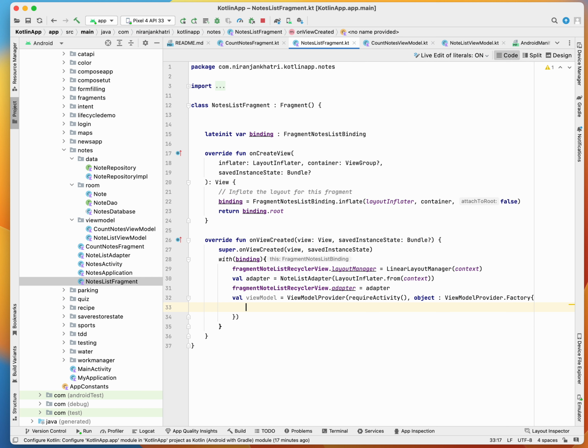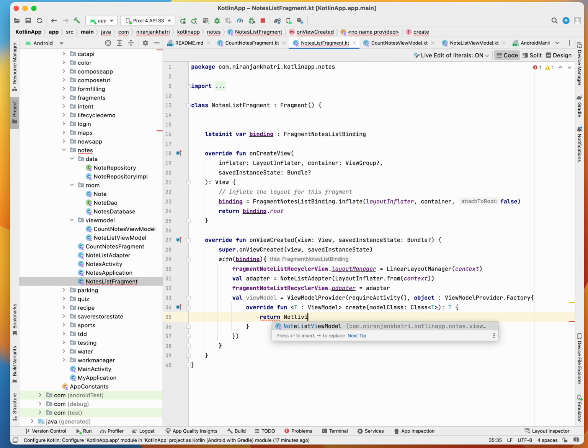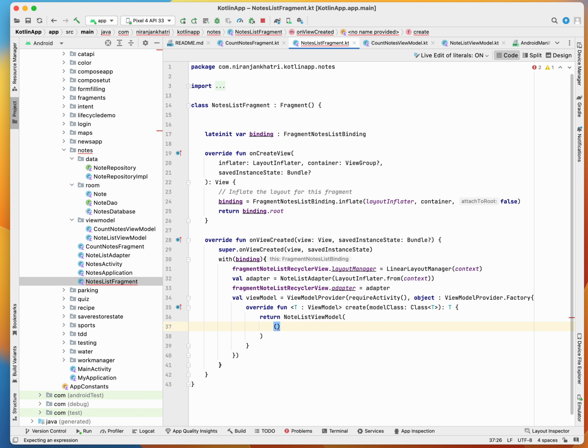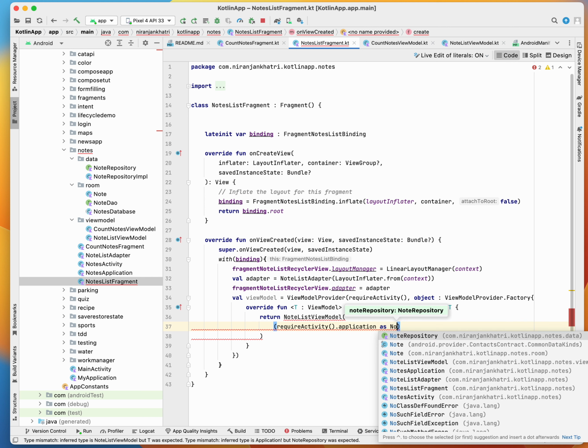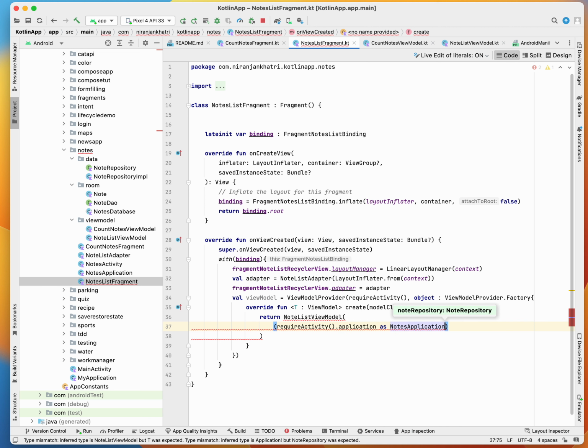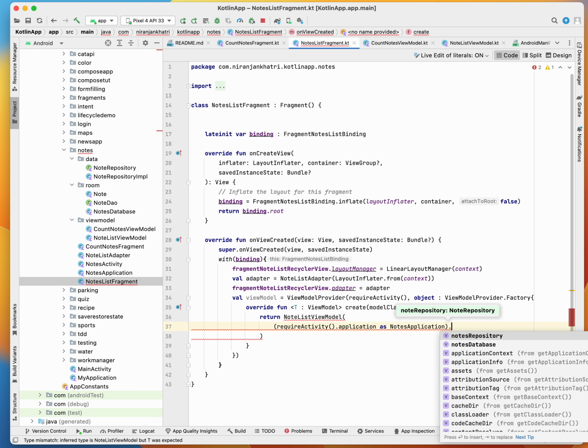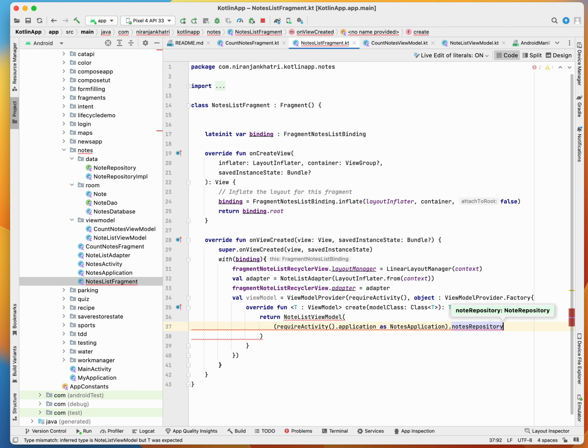So here we have to create and return the node list view model. Okay, we have our require activity application as node application dot node repository